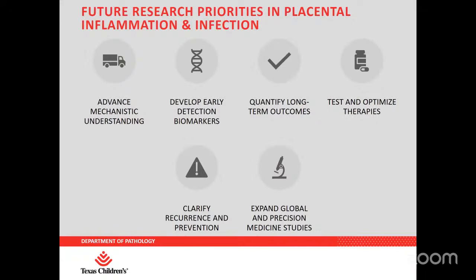Future research in placental inflammation and infection needs to bridge our growing mechanistic understanding with real clinical translation. A key goal could be distinguishing sterile from infectious inflammation and mapping the immune pathways that drive each. We need to clarify how maternal T cells and Hofbauer cells interact and what molecular signals trigger or sustain lesions like VUE and CUI. These insights can help us move beyond morphology to mechanism, which is where the greatest clinical